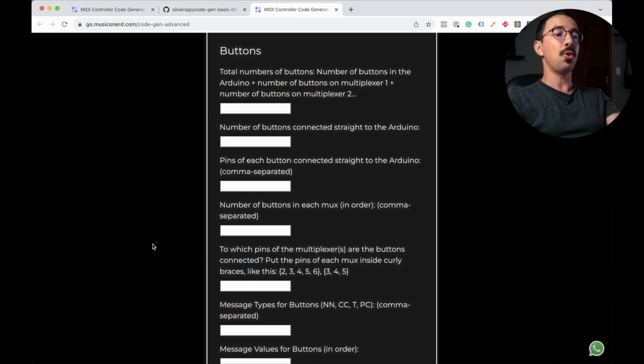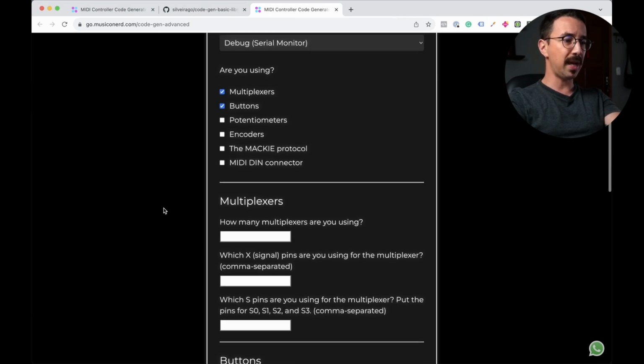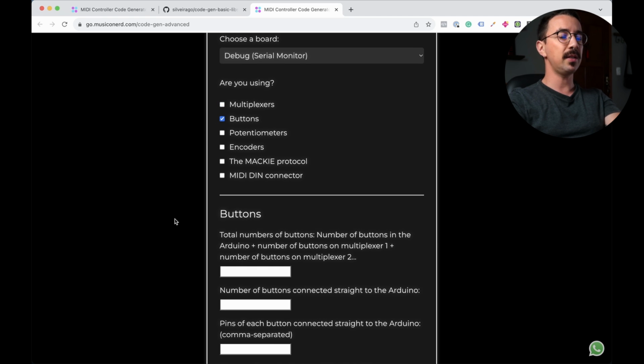So if you have 10 analog inputs, as you have in the Arduino Pro Micro, you can connect 10 times 16, so up to 160 components. Maybe you can't use that much in the Arduino Pro Micro because of memory limitations, but if you have a Teensy board, for example, you can. Since we are not using the multiplexers here, I'm going to deactivate.